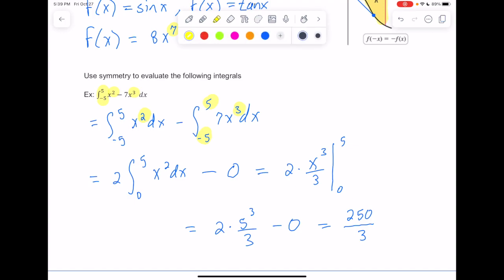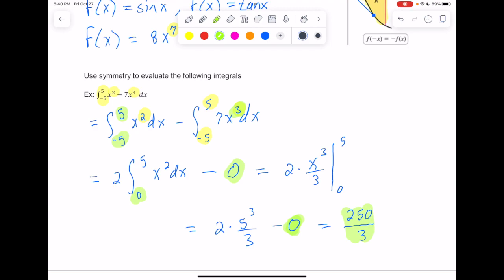So that actually is a decent time saver if you recognize that you can split this up with the odd and even terms separate. Use the 0, which made a nice easy plug-in for the limits of integration. That 0 made this 0 happen. And then the fact that this one was odd made that 0 happen. So a lot of our work kind of vanished away from us, and we ended up with a pretty easy problem because we recognized that we could break it into odd and even pieces, but more importantly, because we had symmetric boundaries. You can only do this and really take advantage of it if you have the symmetry, and symmetric boundaries are always going to create that symmetry for odd or even functions.